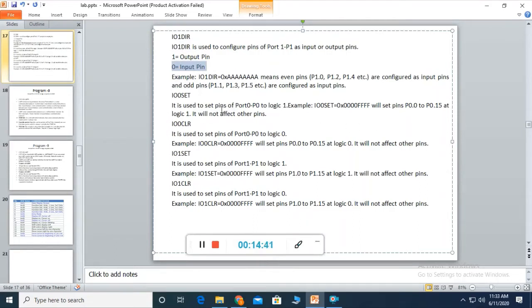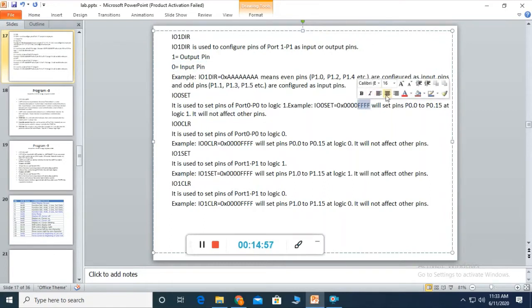So if you want to set pins 0 to 15 at logic 1, you can use this. I want to select all the pins from 0 to 15 as 1.